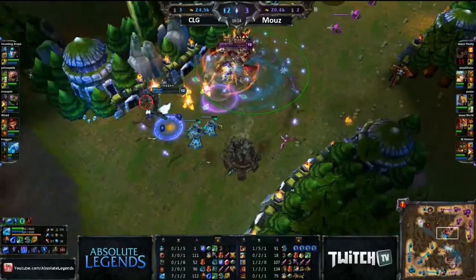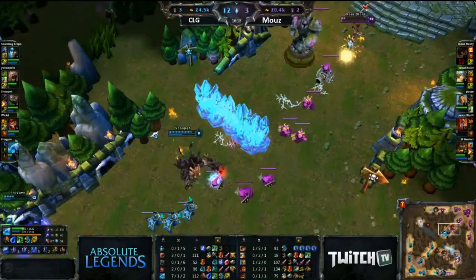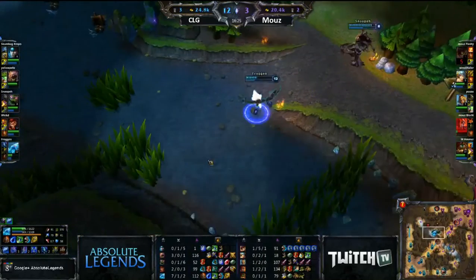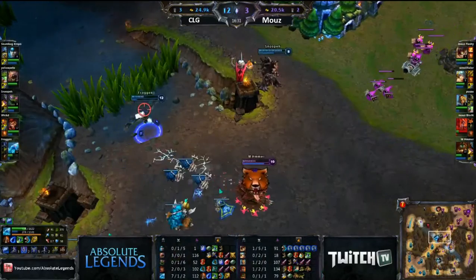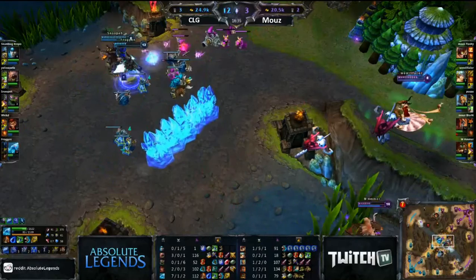Shyvana coming in on Anivia here. Isn't going to have the damage. Wall does go down, forcing the flash from Shyvana. Really excellent play here from Anivia. And Froggen just looking absolutely... That was such a good kill. And now Udyr is going to be feeling the force of Anivia. The frostbite does go down. Obviously dealing double damage. Maybe you could say bad wall there, but...